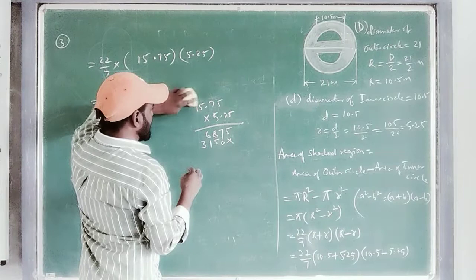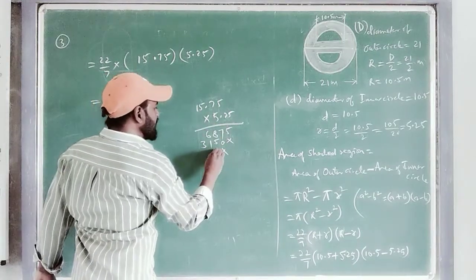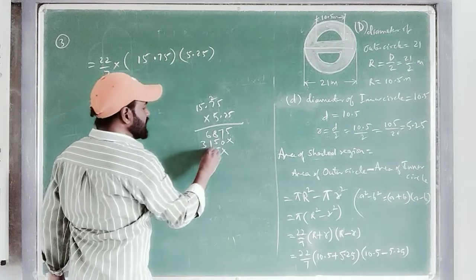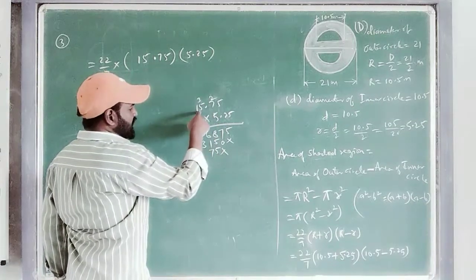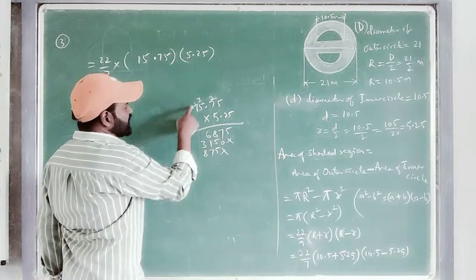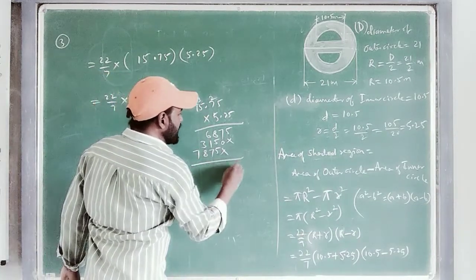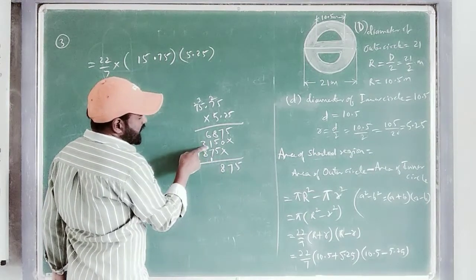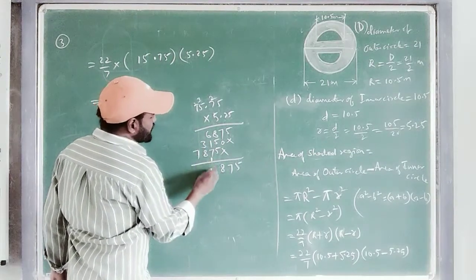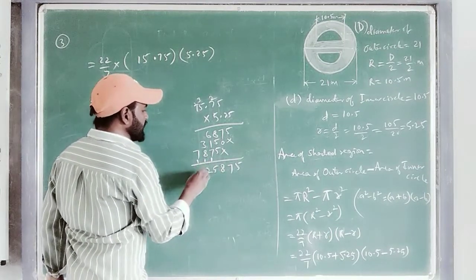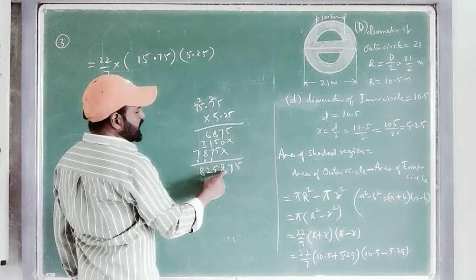Next again with 5, 5 5s are 25, 2 carry, 5 7s are 35 plus 2 37, 3 carry, 5 5s are 25 plus 3 28, 2 carry, 5 1s are 5 plus 2 7. So 5, 7, 18. Here 1 carry again. 7, 7, 14 plus 1, 15. 1 carry. Here 9 plus 3, 12. Again 1 carry, 8. So 8, 2, 5, 8, 7, 5.